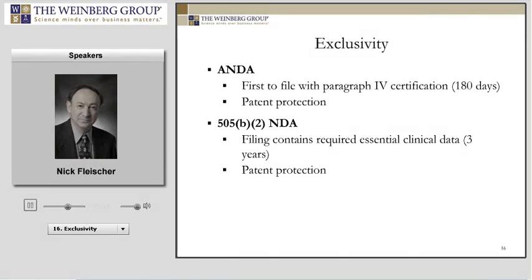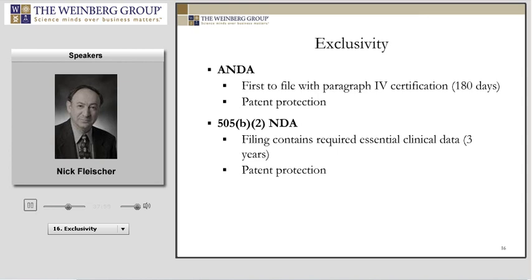Patent protection for an ANDA is possible. However, those patents are not listed in the Orange Book. It would just be a patent like any other patent out there in the patent world, where if you had a unique formulation that you wanted to patent, and a second ANDA applicant came along and it was thought that their formulation somehow infringed the first patent, then it would definitely be a patent infringement, but certainly outside of the FDA realms of what we know as patent litigation as it relates to ANDA applications.